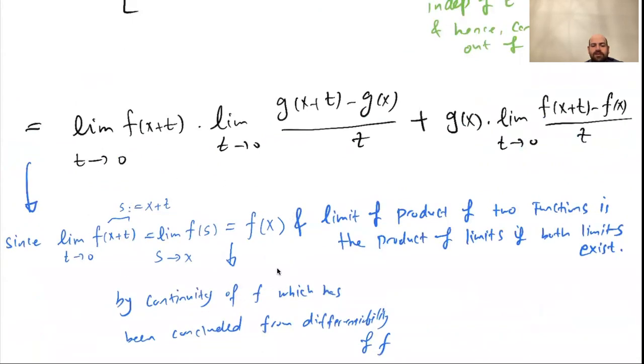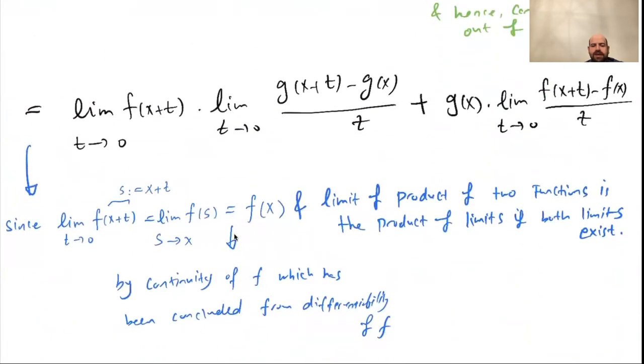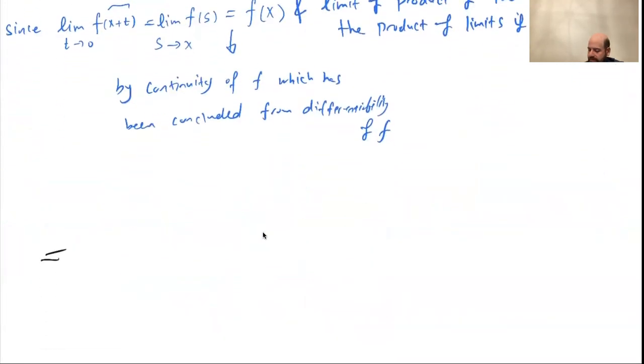Here I gave this reasoning in order to justify that I can write the limit of a product as the product of limits. But I can use the same reasoning to replace limit of f of x plus t as t approaches 0 with f of x, because this is exactly what I have justified here. I've justified that limit of f of x plus t as t approaches 0 is the same as f of x. So this can be written as limit, and this can be written as f of x